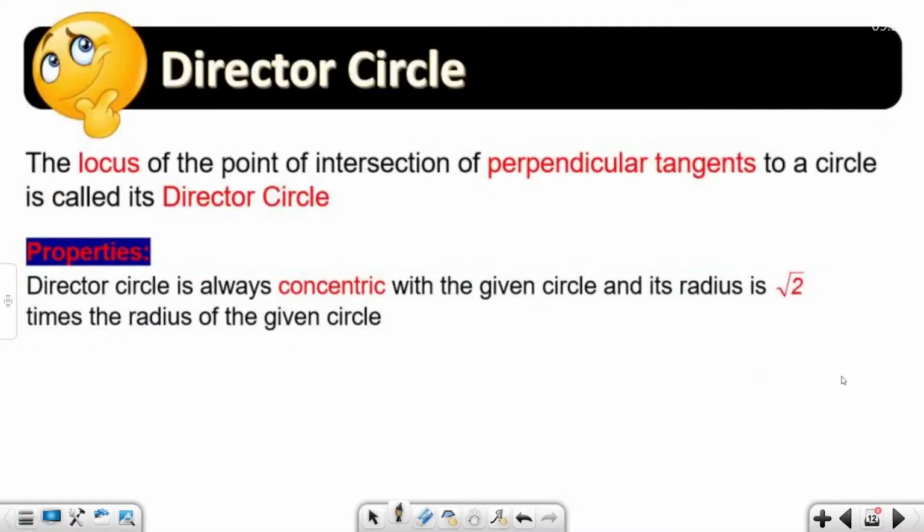So the next thing that we have done in the previous class was the director circle. What is the director circle? If you have a circle,